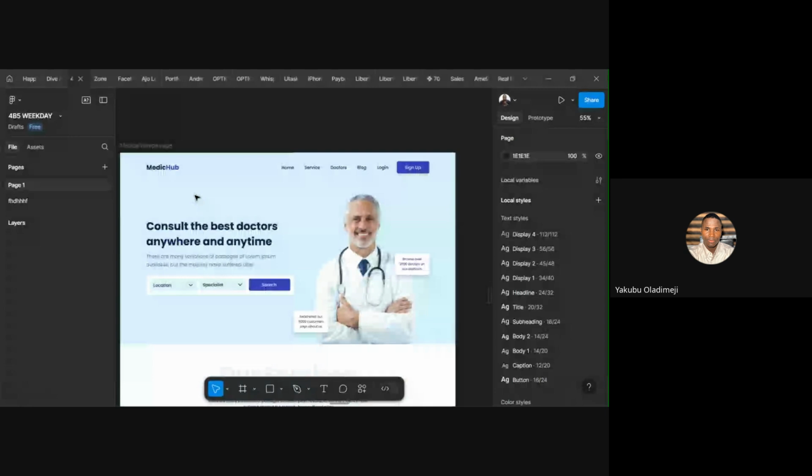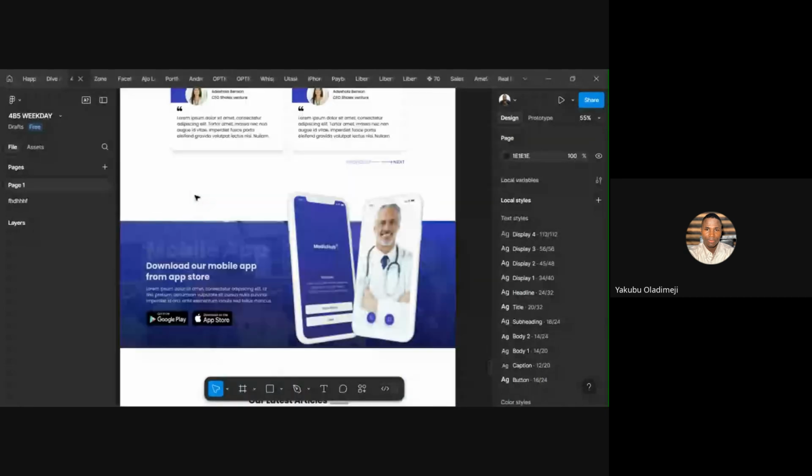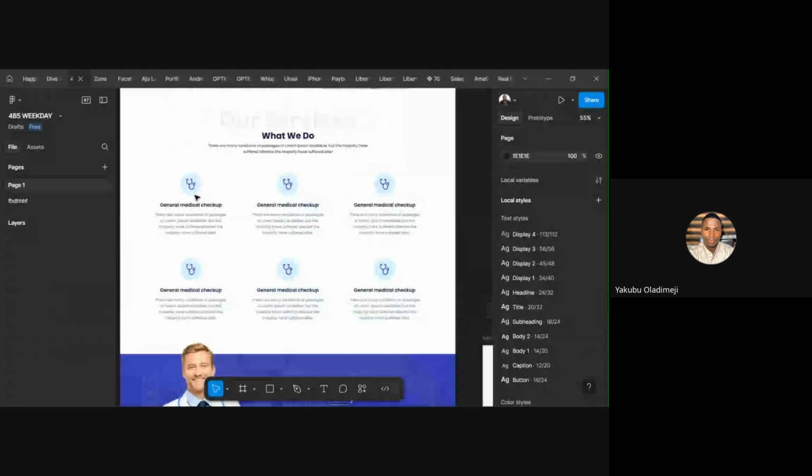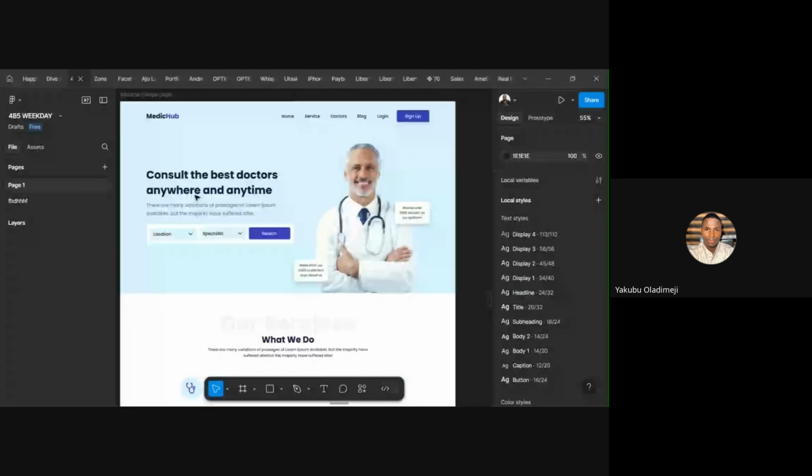If you still look at this landing page now, you can see there is a whole lot of information on it. Do you understand? So if you want to view this, imagine that I want to view this website on my phone. Do you know that it will be very big? So we have to design the mobile responsiveness for it,